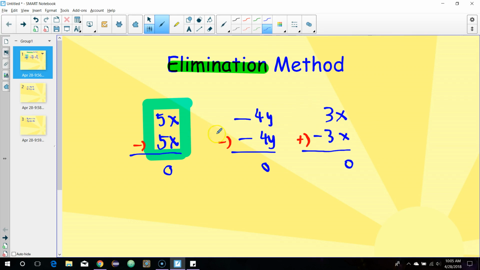The last thing, I don't want to just keep it to variables. Sometimes I may have a negative 2 and a 2 over here, and I want to get it to 0. Then again, same number, different sign, that's going to be a plus. Once you are familiar with these 4 very basic concepts, then the elimination method is very easy to carry out in the beginning, and then it's just the rest of the steps that some of you may still have problems with, and I don't know why, but it's just solving